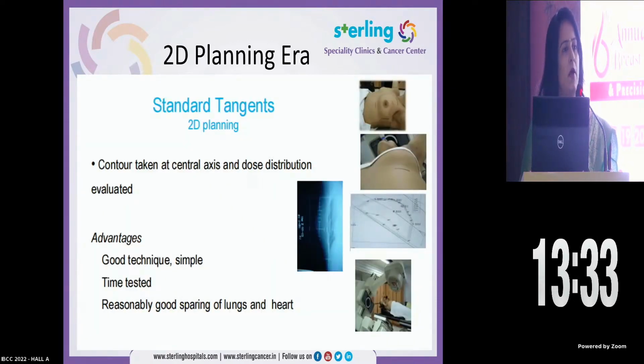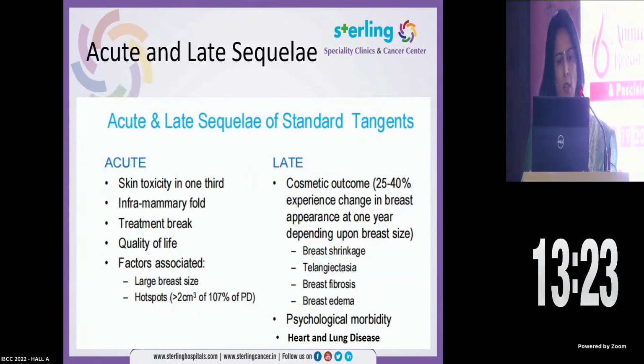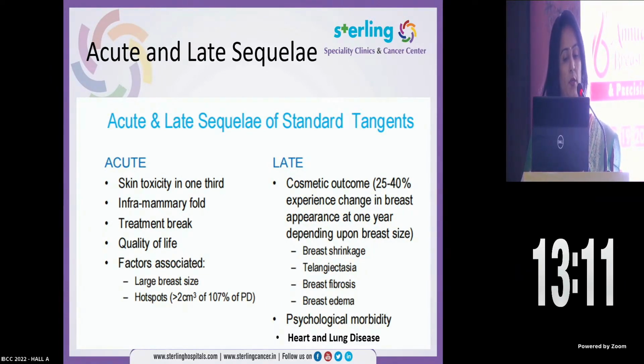This is the era we began with, the 2D planning era, where the contour was taken at the central axis and the dose distribution calculated. A very good technique, simple, time-tested, with reasonable sparing of lungs and heart. But what we realized was that the acute and late sequelae were quite significant. The acute one was skin toxicity, mostly in the inframammary region, which resulted in treatment breaks, impairing quality of life, and